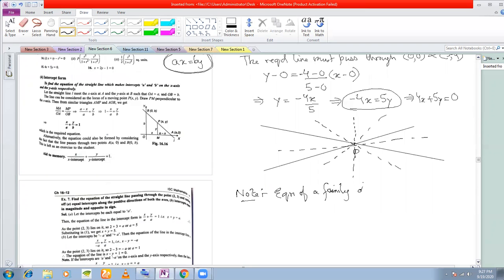The equation of a family of straight lines passing through the intersection of two straight lines, say a1x plus b1y plus c1 is equal to 0, and a2x plus b2y plus c2 is equal to 0,